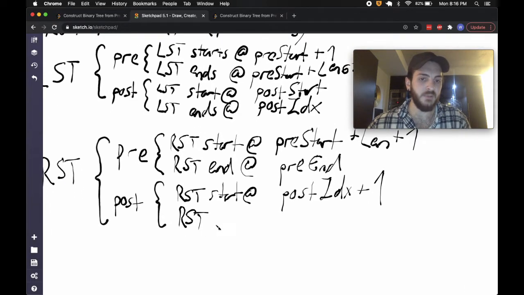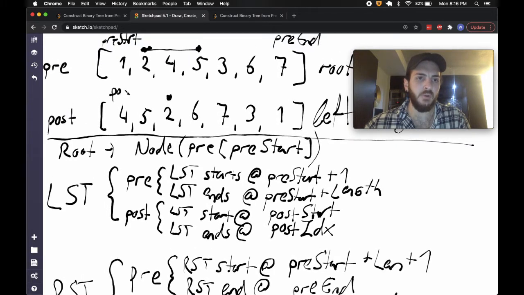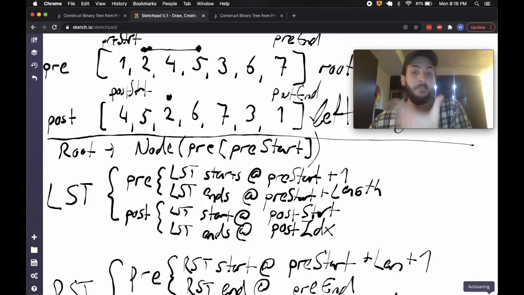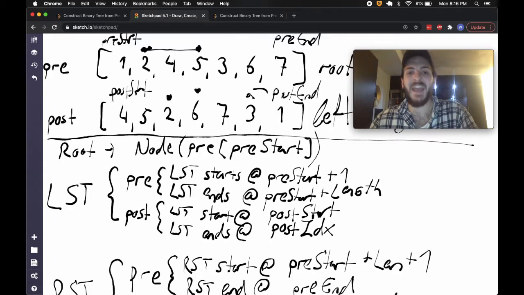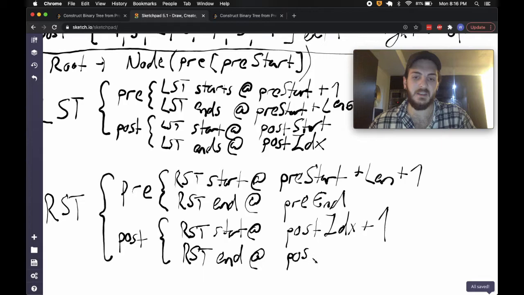And finally, the right subtree is going to end at, well, let's think about it. Same kind of logic here. Imagine we had a post start right here at the beginning, and this was our post end. Now you may be tempted to just say it's going to end at post end, kind of like pre-end. But notice that post end is actually the root itself, the value of the root node we're creating. So we need to go to post end minus 1, and we're going to end it off right here. So it's going to start at the 6th and end 1 before the post end, or where the root is. So that's why it's going to end at post end